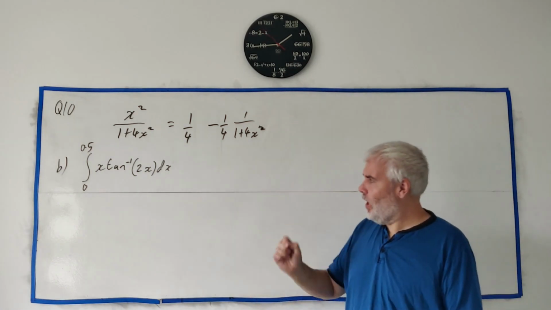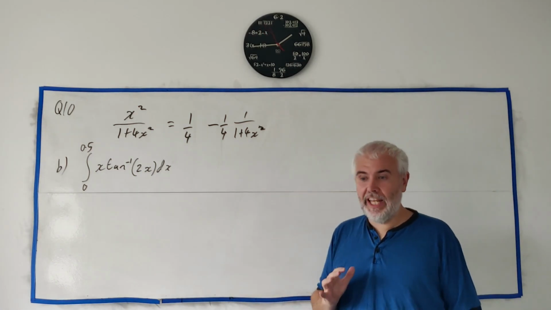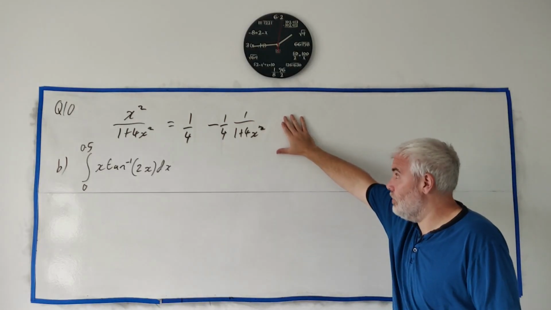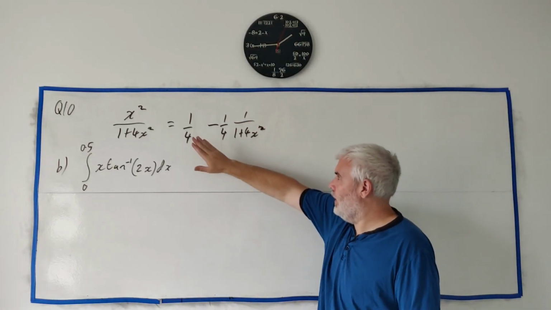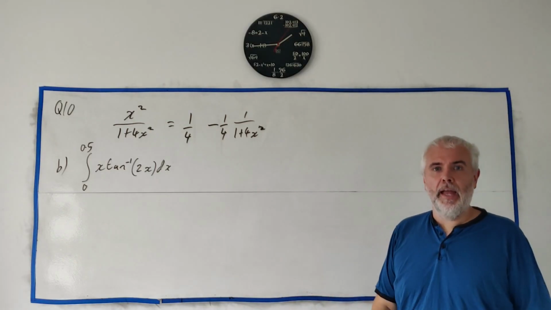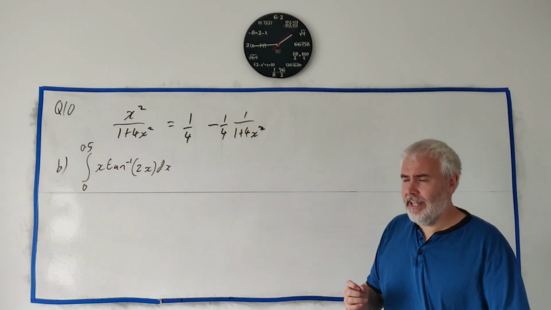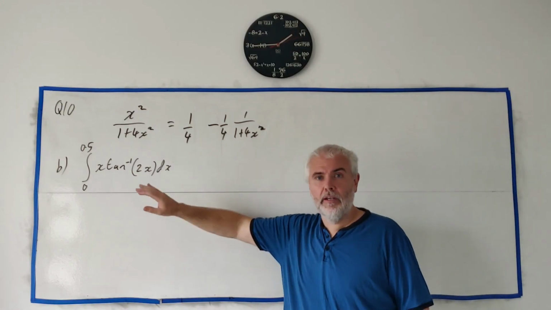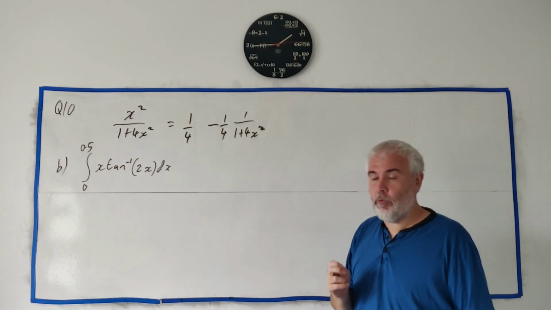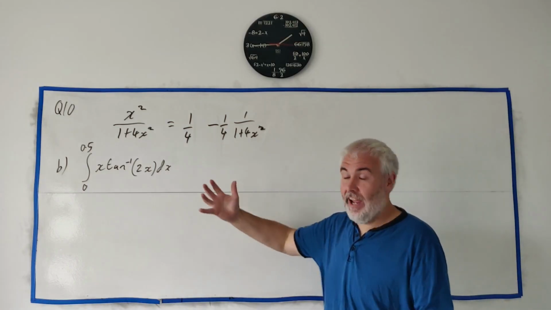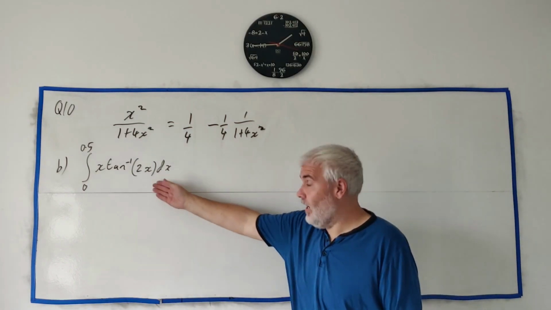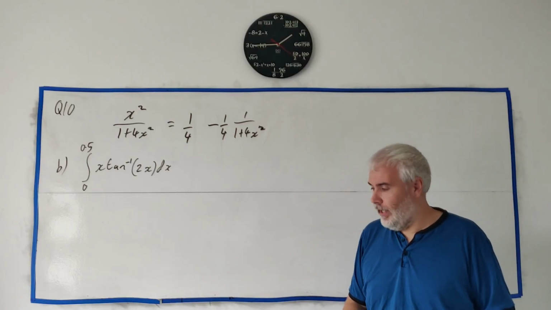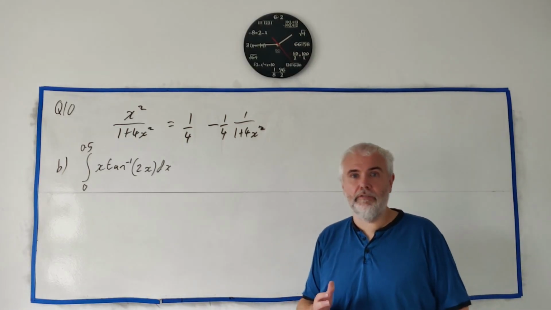And next they give us part B, which doesn't look related whatsoever, but there's a hint that it is. I've left the previous answer from part A, the quarter and the minus quarter. And I say hint there because definitely part A is a hint how to do part B. Maybe you should be racking your brain to think, how are these related? Because this is a hard question to do. I'm going to just give you my thinking on it and hopefully help you